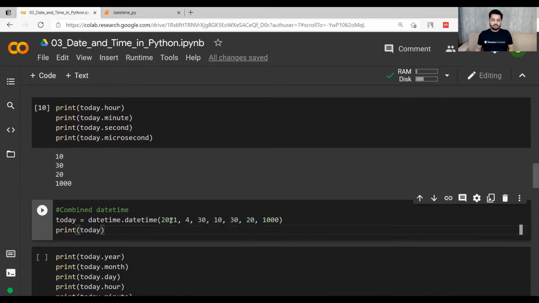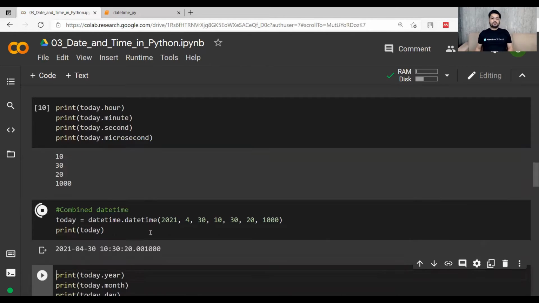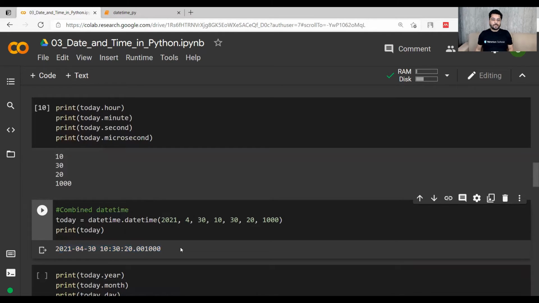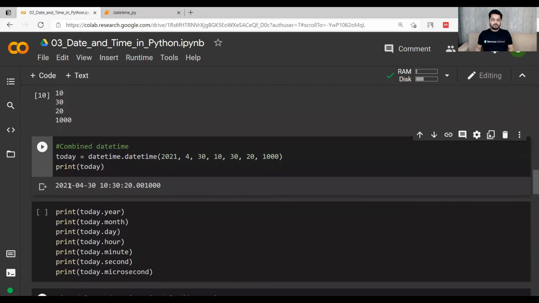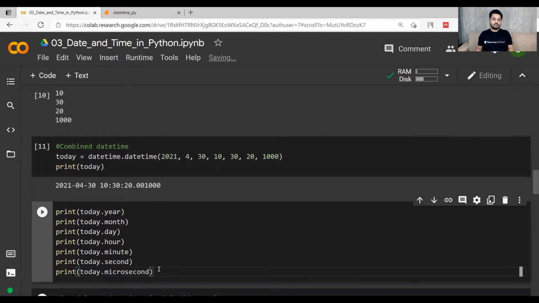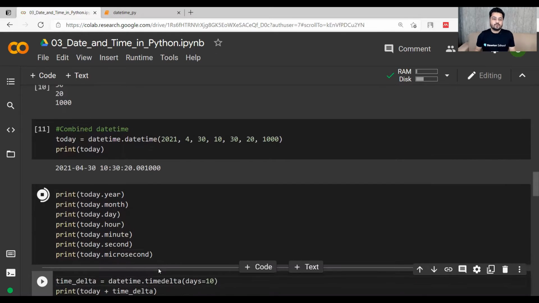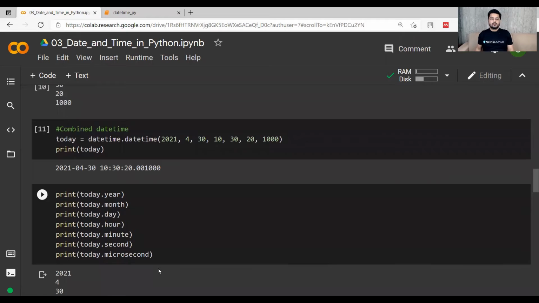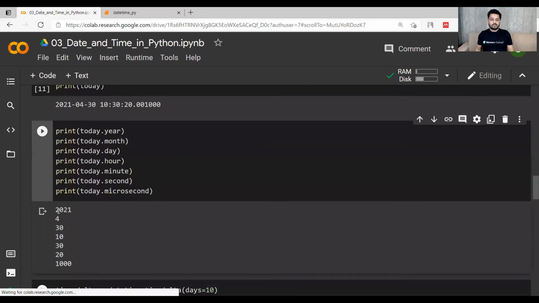Now these are the values which I have put as user values. If I print this, I will get all of these things printed together. Now if I want to fetch a particular value, again I can use today.year, today.month, today.day, today.hour. All these kinds of commands can be used to get these values out of it. So all of these values are printed one by one.